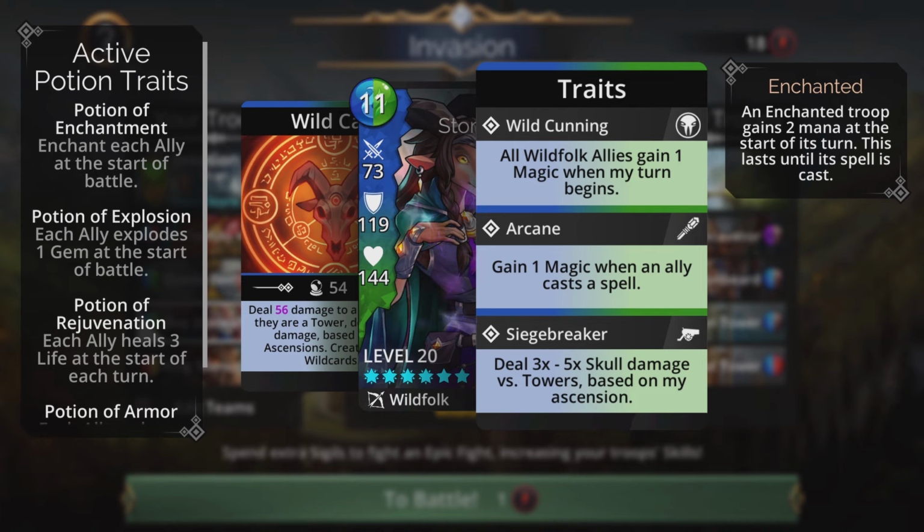Of course, it has for its traits Wild Cunning. All wild folk allies will gain 1 magic when my turn begins. That is an interesting first trait. I don't think I've ever seen that first trait before. All wild folk allies gain 1 magic when my turn begins. No, I haven't seen that one before. That's probably a new trait. It also has Arcane. It gains 1 magic when an ally casts a spell. And of course, it has a Siege Breaker final trait, dealing 3 times to 5 times skull damage versus towers